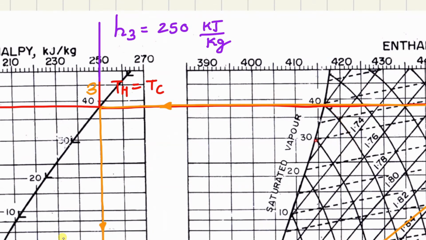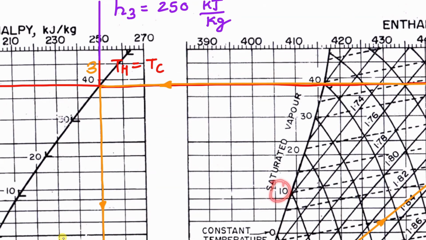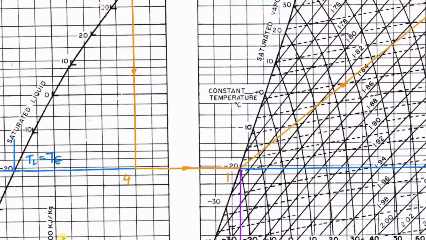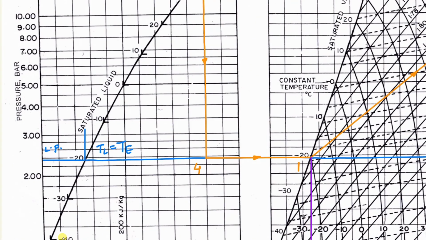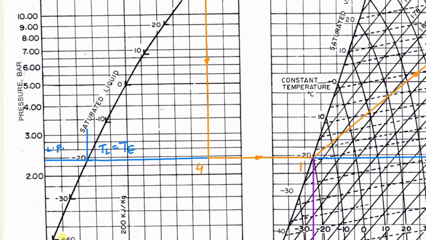So here you can see from this point 30, it is going in this direction. So this is 30 degrees Celsius. Now here this 10 degrees Celsius is not this horizontal one. Here you can see this curve. This will be 10 degrees Celsius. 20 degrees Celsius will be this one. So this you have to take care. So here you have to mark -20, here you have to mark -20, and then draw 20 degrees Celsius constant temperature line.